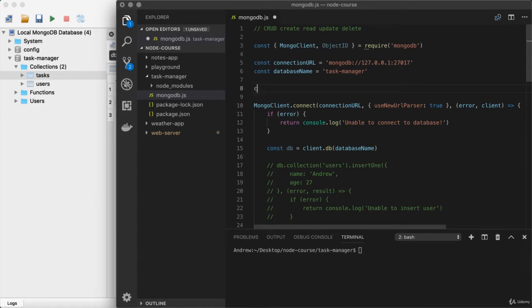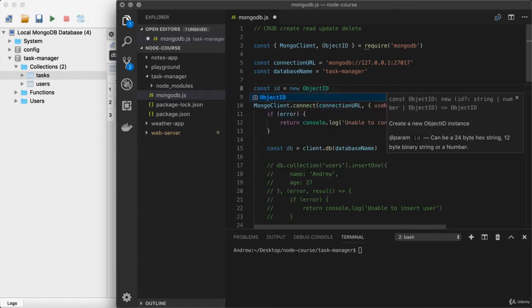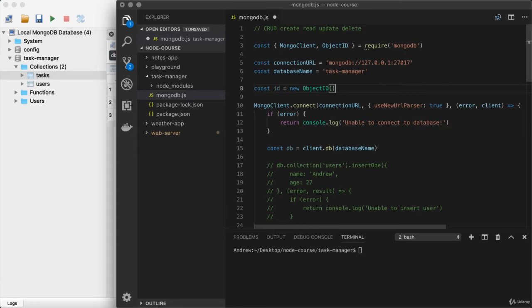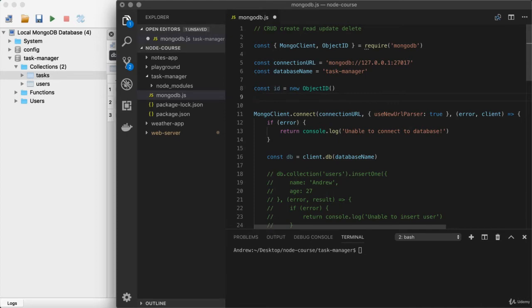And to do that, let's start by creating a variable to store the ID. Then we're going to use object ID, which we just grabbed. Now, that's a constructor function, so we use it with the new keyword. That is new ObjectID, capital I, capital D, and we call it providing no arguments. This is a function that's going to generate a new ID for us. Now, the new keyword is technically optional because the MongoDB library has a little defensive programming built in to add it if you don't, but it's in general a good idea to add it in ourselves. Down below, we can now do something with this ID, and all I'm going to do is dump it to the console.